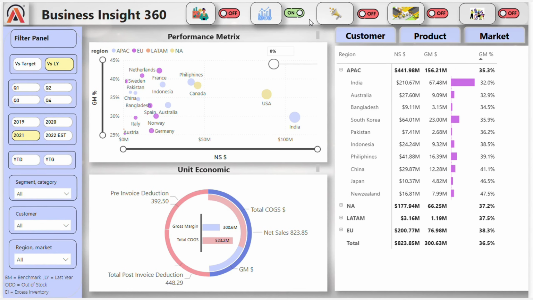So this is our sales view page where everything is same, like our page navigation is same and the filter panel is same. The first chart is a beautiful scatter plot where on the x-axis we have net sales and on the y-axis we have gross margin percentage. And the bubbles it is showing is the region, and if you drill down deeper, it will show you the